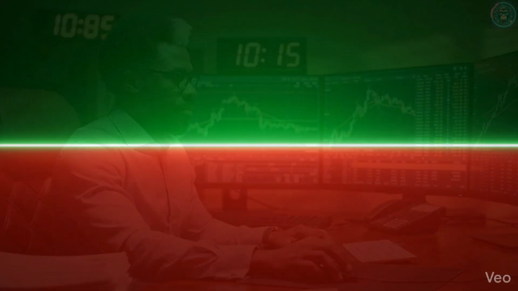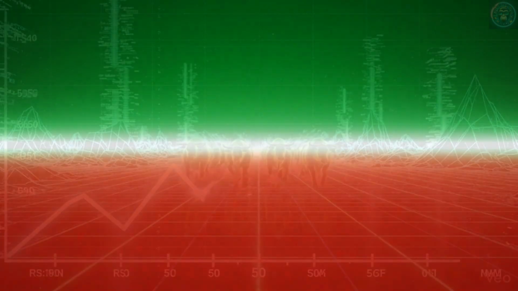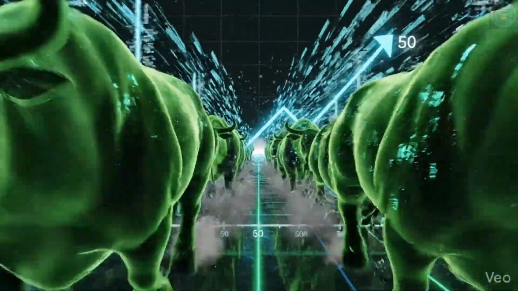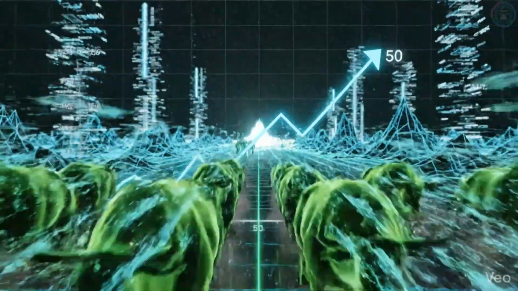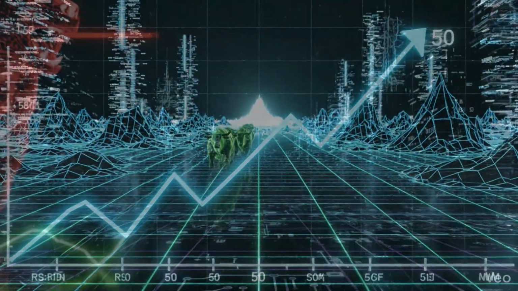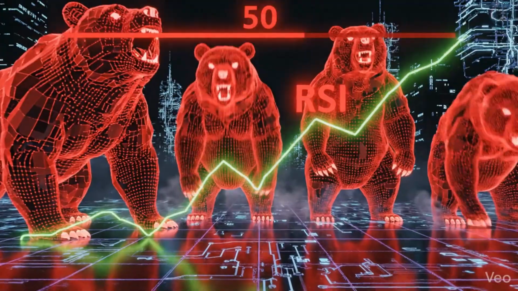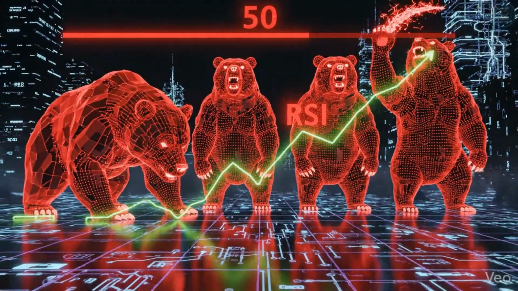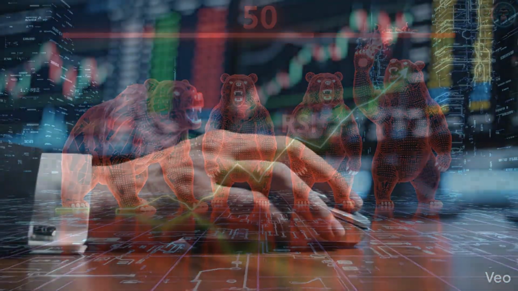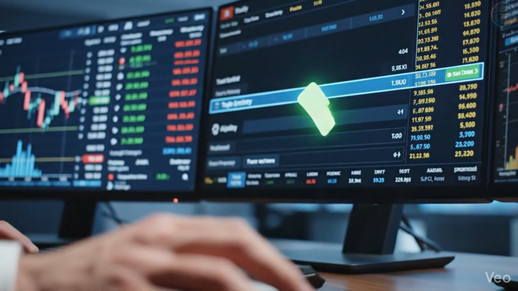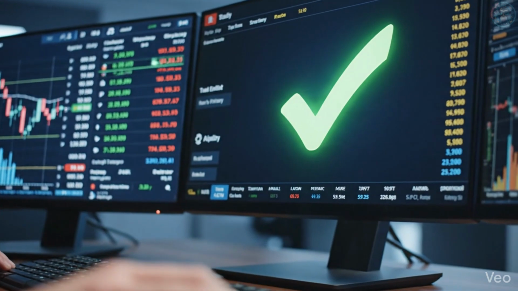required. Between these two extreme boundaries lies the neutral 50 line, which acts as a fundamental border separating bullish and bearish territory. When the indicator consistently stays above the 50 mark, it generally confirms that the buyers are maintaining control over the current trend. Conversely, if the line remains trapped below the 50 level, sellers are dominating the market, signaling a continuing downward price. Many successful traders use the 50-line crossover as a secondary confirmation tool to validate their primary entry and